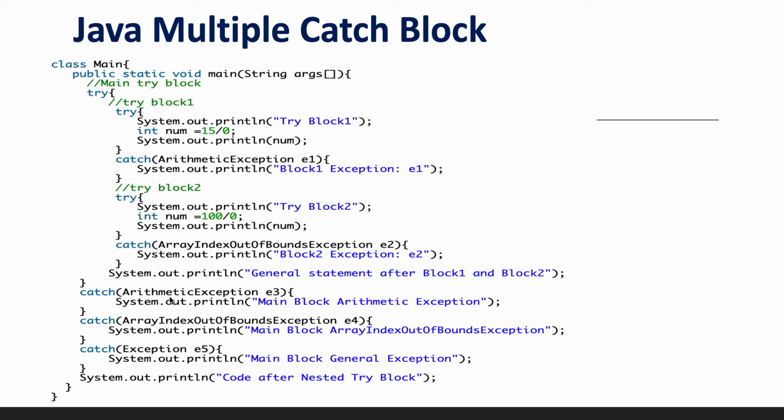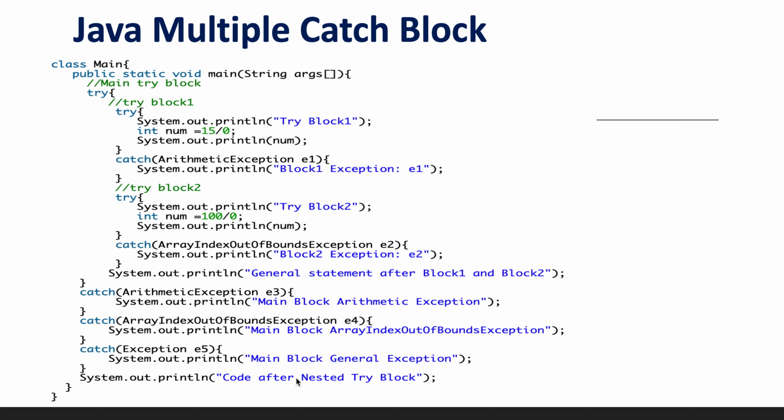In that kind of scenario, at last we can put Exception itself. If it is throwing ArithmeticException, it will come in this catch block. If it is throwing ArrayIndexOutOfBoundsException, it will come in this catch block. And if it is throwing anything other than those, by default it will come into this catch block. Basically this is the super class of every built-in exception, and at a time only one catch block can execute. If an ArithmeticException occurs, it will come here, and after that it will come out of the catch block.